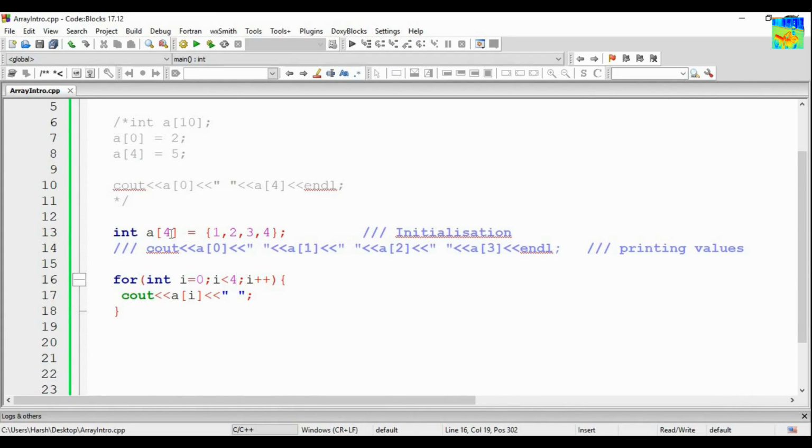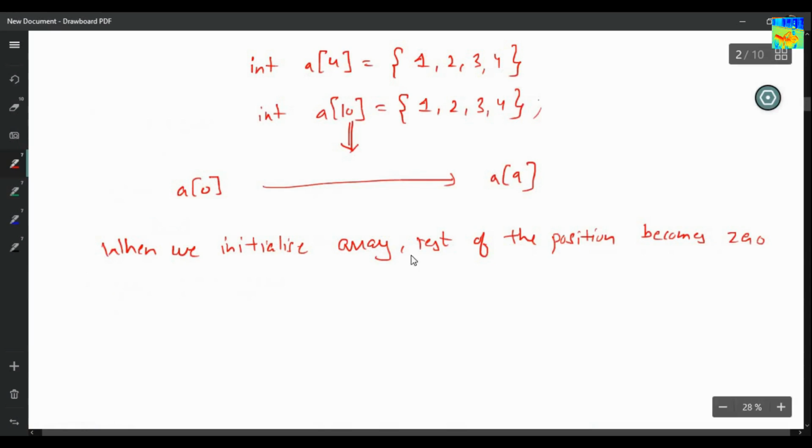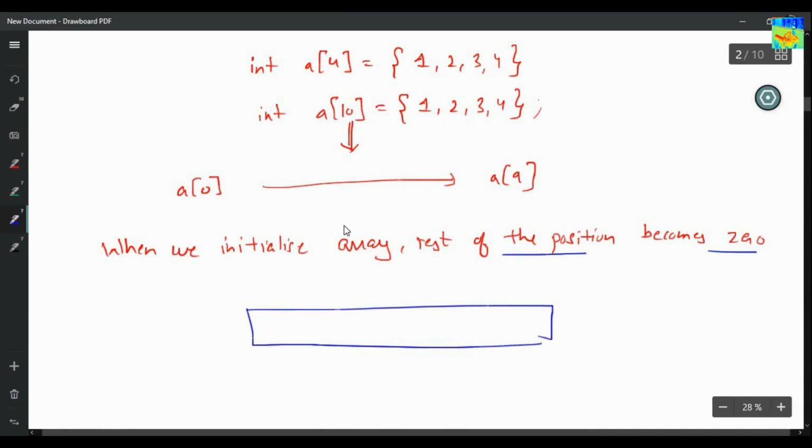Now what I was trying to do is, what if I make an array of size 10? I told you, if we initialize the array, the rest of the positions become 0. So what is the meaning of this? The meaning is very clear. The first 4 positions, 0, 1, 2 and 3, to which I have given values, will become 1, 2, 3 and 4, and all the rest of the positions will become 0.